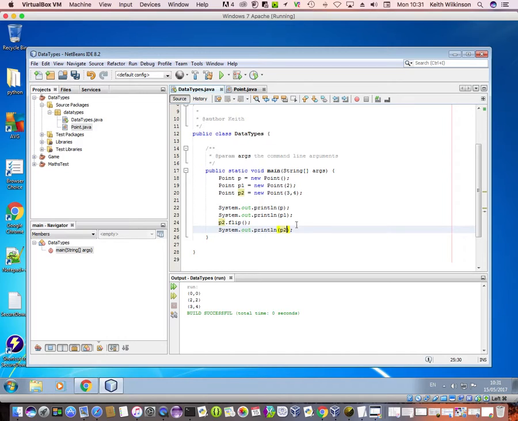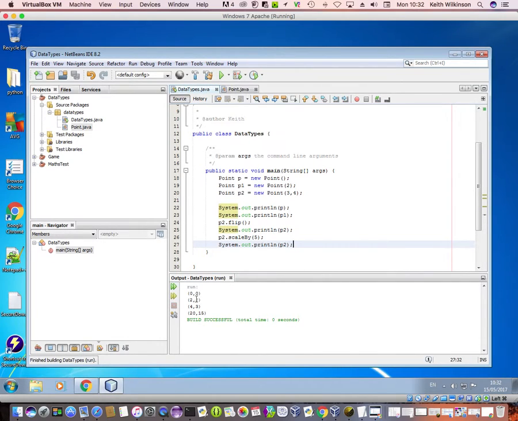What was the other one that I did? So I am flipping them so that the 4 should come first, the 3 should come second, and the other one was scale. So if I print out P2 there and then do P2 dot scale by, let's make it 5. Oops, and then print out the value of P2. We should see that action. So if I run the program,